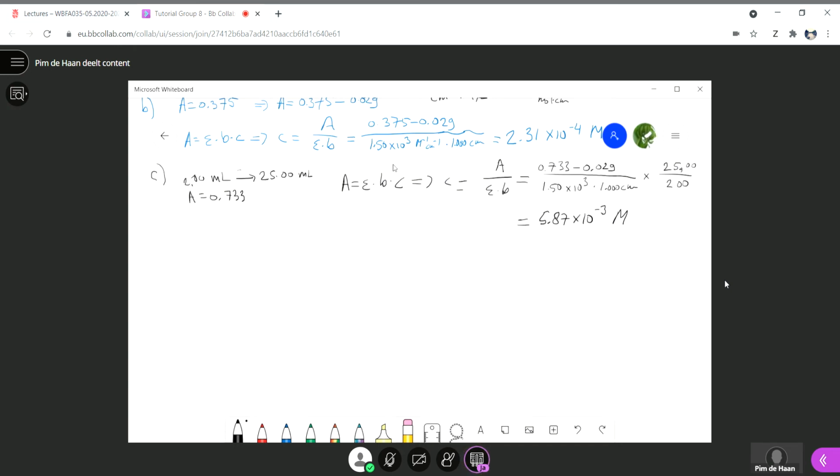No suggestions? Or maybe someone's still typing. Okay, so probably the absorbance of the original sample is way too high and you cannot measure it accurately. All right, this was 18b. Questions about 18b still? If not,